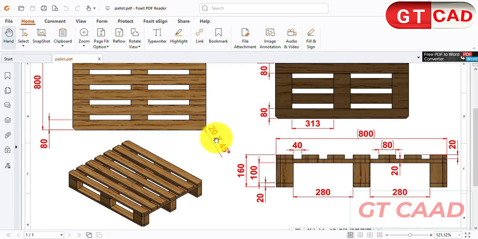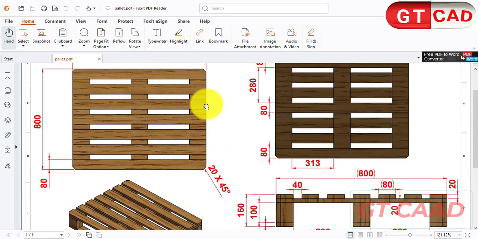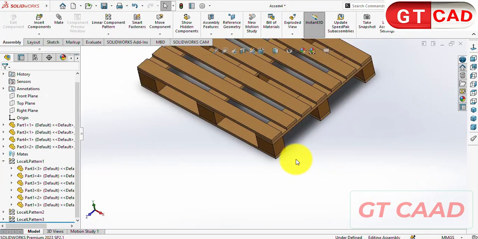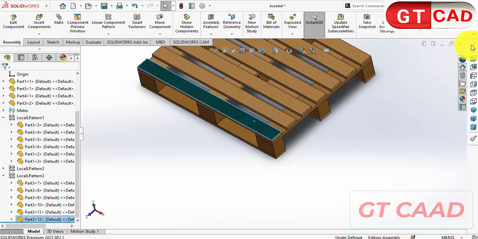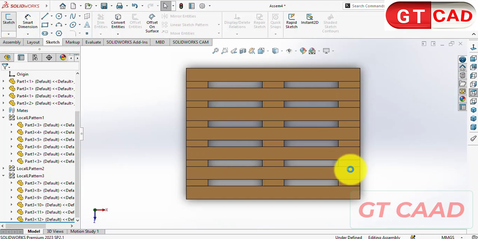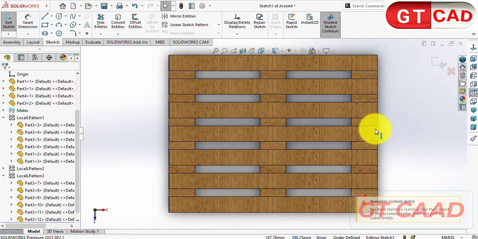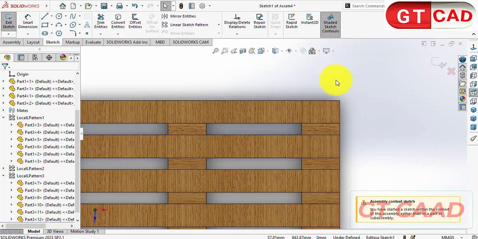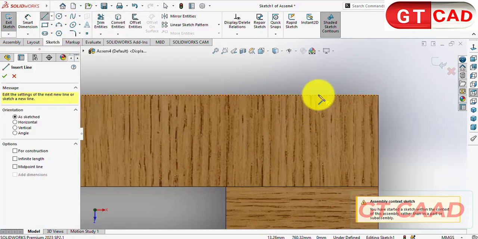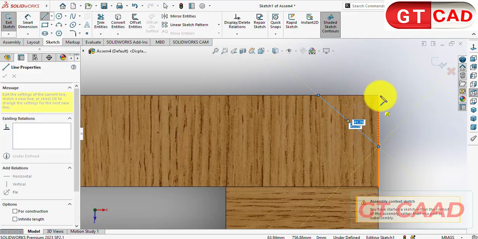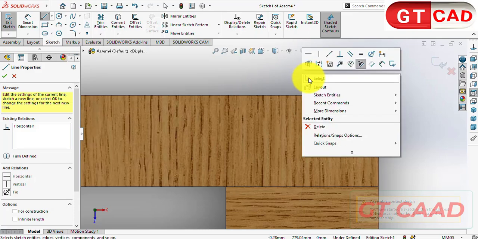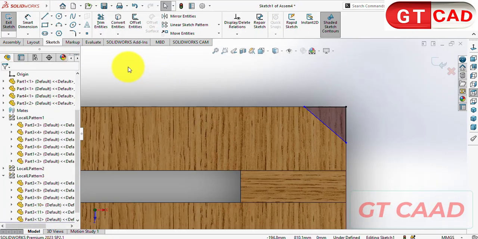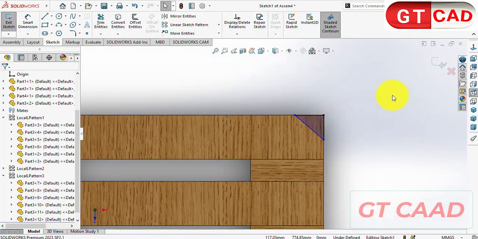Just here the chamfer remains. All corner or sharp corner need to have the 20 in 45 degrees chamfer. Select the surface, normal to view, create a new sketch on the assembly here. Okay, it's better to create a new sketch in assembly and edit it, and it's easy to re-edit it in